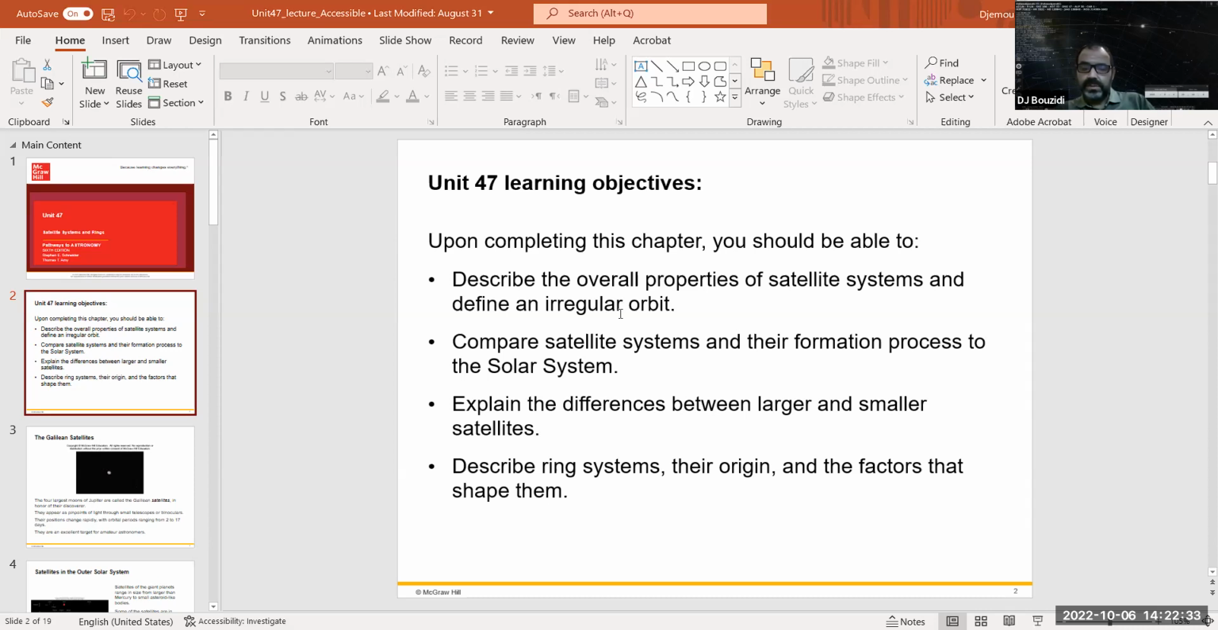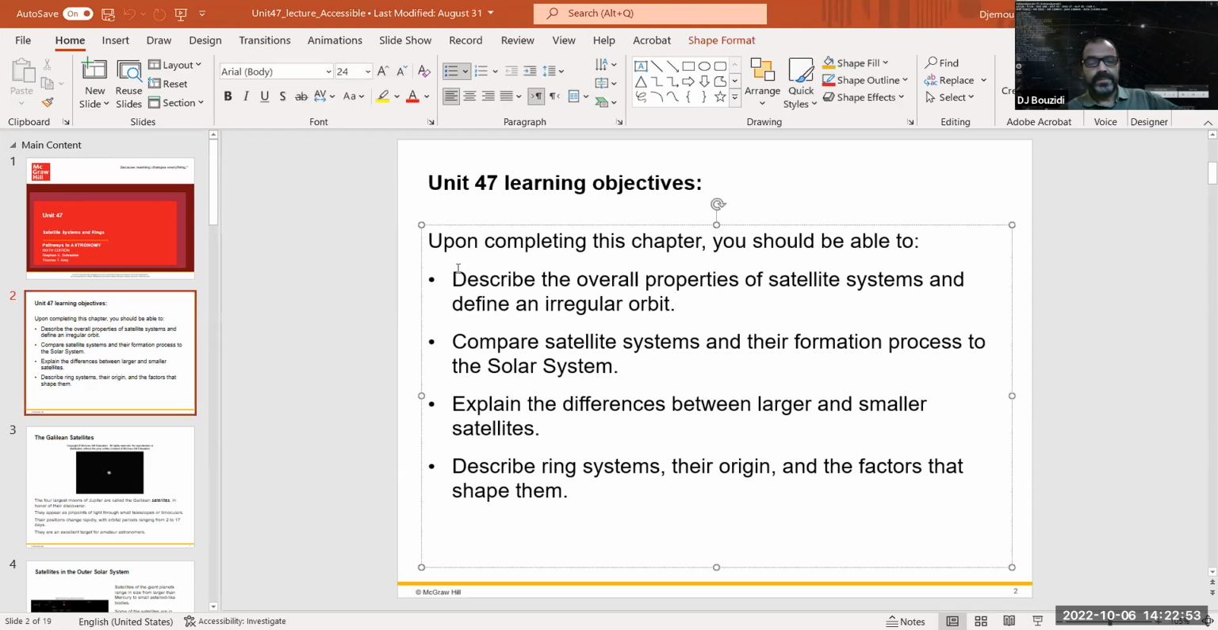And then describe the ring systems, their origin, and the factors that shape them. And that's where we come to understand the Roche limit and what it means for a moon that approaches so close to its host planet that it's going to shred it to pieces, and that's how rings basically form. So again,